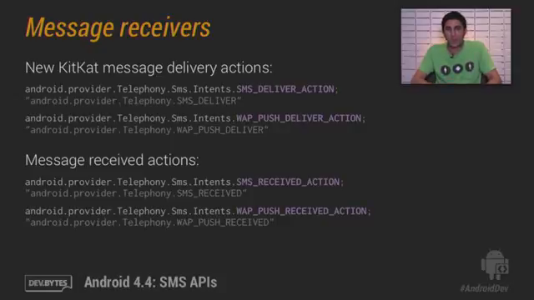To distinguish the difference between these two, think of SMS received action as the system has received an SMS, whereas SMS deliver action says the system is delivering your app an SMS because you are the default